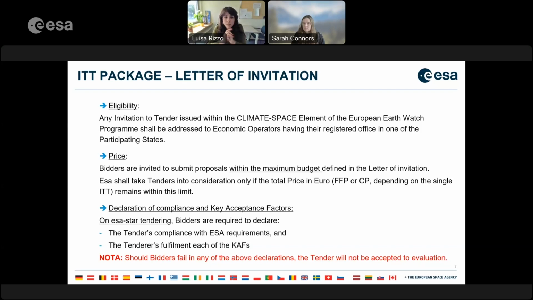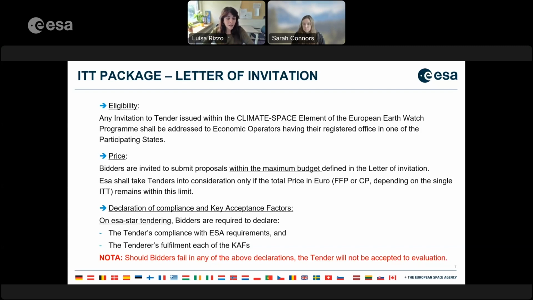On ESA Star tendering, bidders are required to declare the tender's compliance with the ESA requirements, the so-called declaration of compliance, and the tender's fulfillment of each of the key acceptance factors. As I said, should bidders fail in any of the above declarations, the tender will not be accepted to evaluation. The key acceptance factors, or the so-called